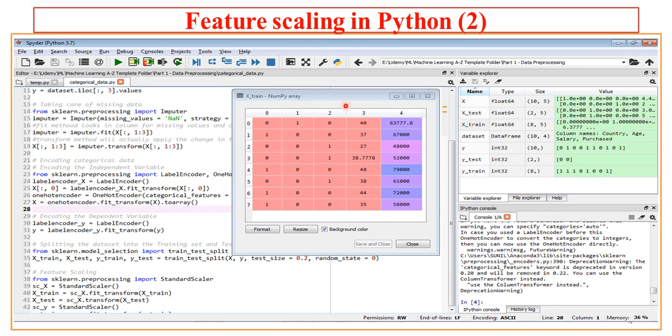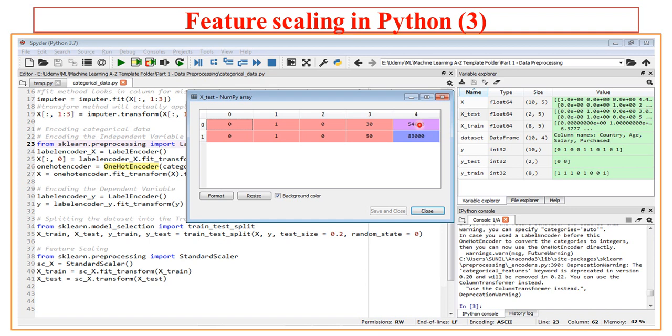I get this window popped out, and this is the execution before applying the scaling. In the next slide, we'll see what happens when we apply the scaling.